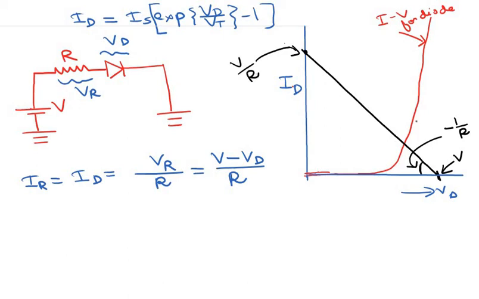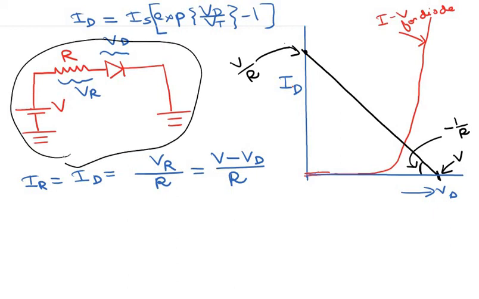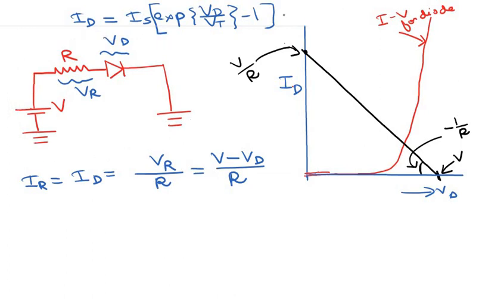Now this circuit has to satisfy both the IV equation of the diode and the IV equation of the resistor. So it has to satisfy both this diode equation, which I call equation 1, and the resistor equation, which I call equation 2. The current of the diode has to satisfy both equations, and that is why the solution lies at the intersection of these two characteristic lines, which is this marked point over here. So this is the solution for a load resistor of R.